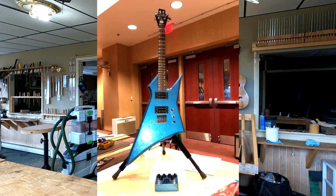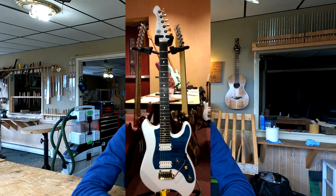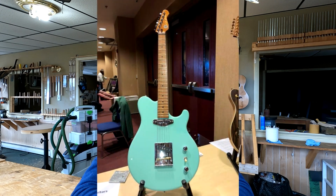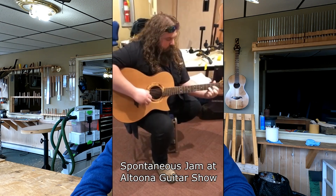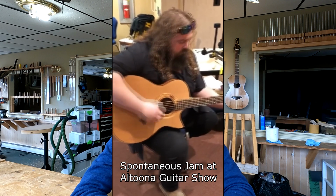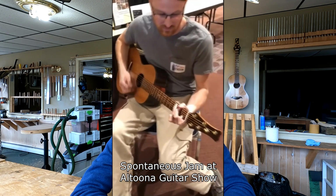You know, the Altoona Guitar Show, it's called The Best Guitar Show. It's kind of a stupid name, honestly. But it was a pretty damn good guitar show, so the name works out. And it was really refreshing to go to what I can only describe as a guitar player's guitar show. And that might sound silly to some of you guys. Aren't all guitar shows for guitar players? But a lot of the